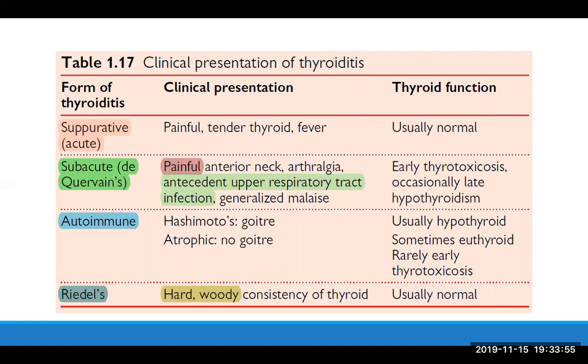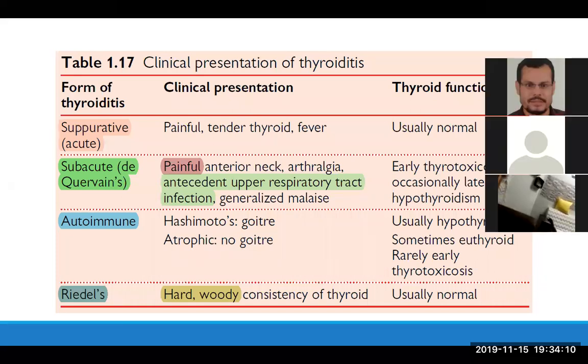The thyroid gland will show low uptake. And this is another very important point: how to differentiate Graves' disease from de Quervain thyroiditis. In Graves' disease the thyroid scan uptake will be high, but in de Quervain thyroiditis it will be low. Also, TRAb is positive in Graves' disease and negative in de Quervain thyroiditis. The thyroid is painful in de Quervain thyroiditis, but not painful in Graves' disease.